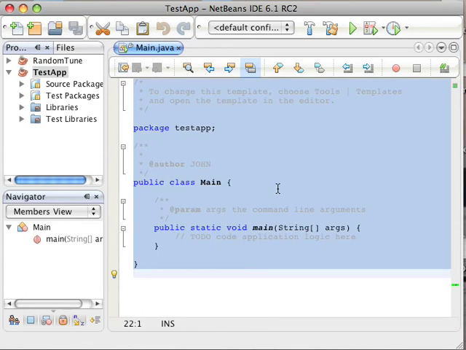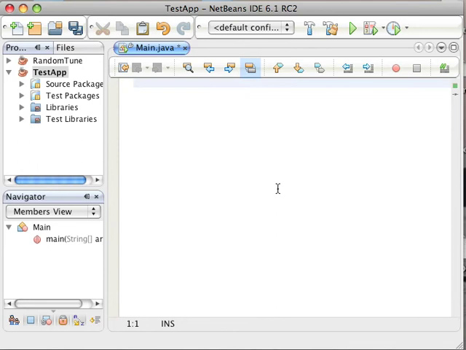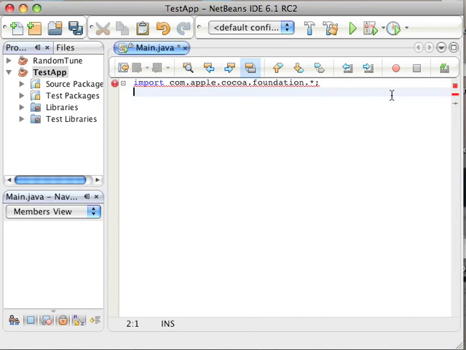And the first thing that I'm going to do with all that nice template code is to delete it. We're going to build this application from scratch. The first line of code that I want to insert in our blank file here is an import statement. And this is a reference to the package that we need that will be our means to communicate from Java to the Apple event system. And you can see we have an error message here that comes up from the system saying it can't find